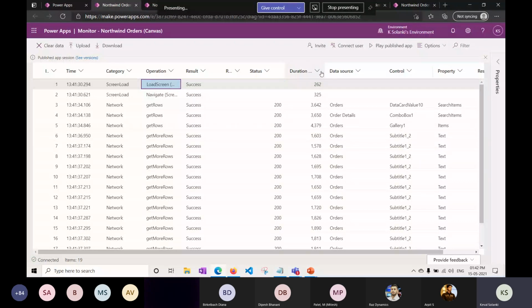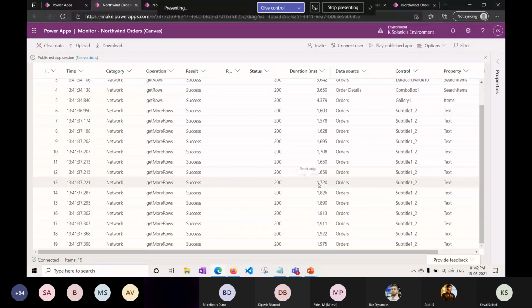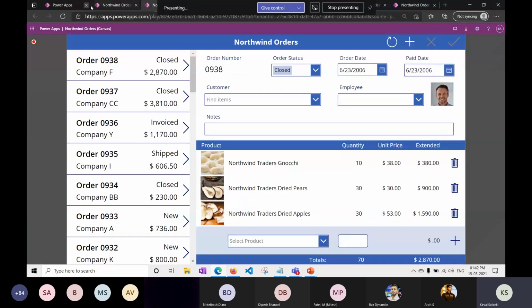Okay, and here you can see the duration in milliseconds. Now with this you can observe that, for example, if you have a doubt about one of the controls, you can see how much time it is taking, and after your improvement, whether you needed it or not. Correct. This is one of the examples